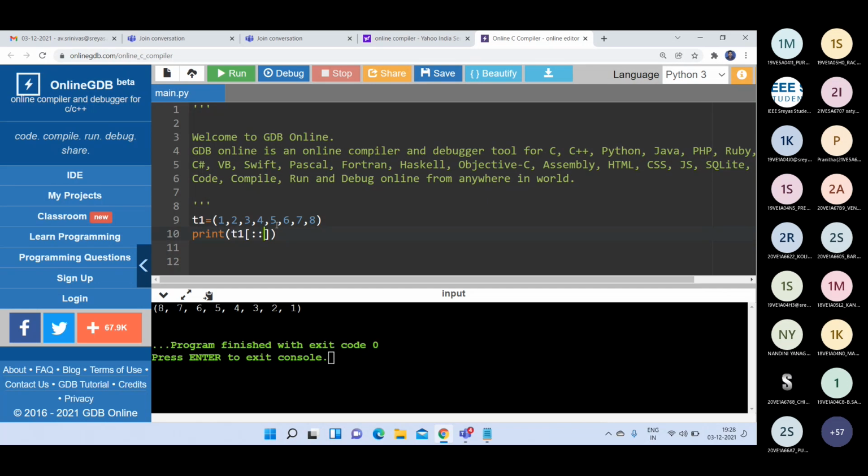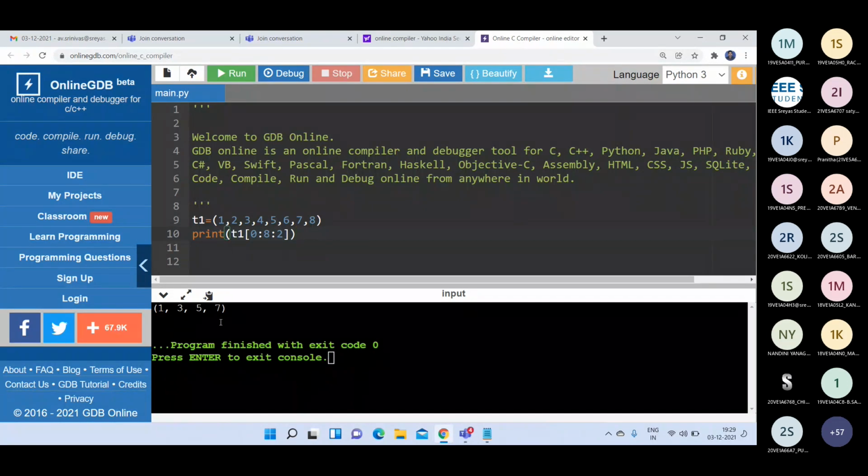Otherwise, if you write something like this, you can write 0 to 8 and 2. We will get 1, 3, 5, 7. We are skipping 2 numbers each time. Here the stride value is 2.